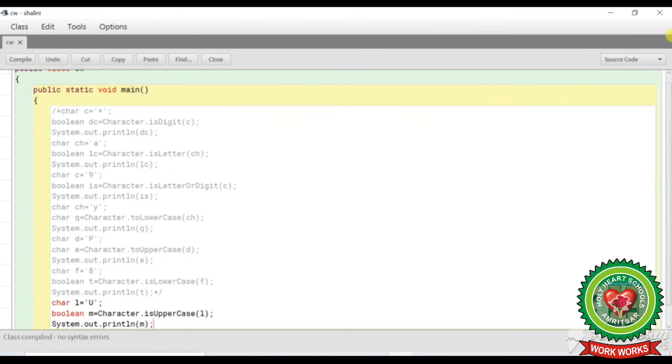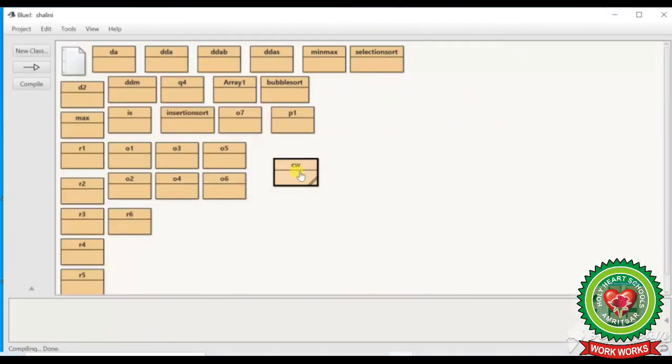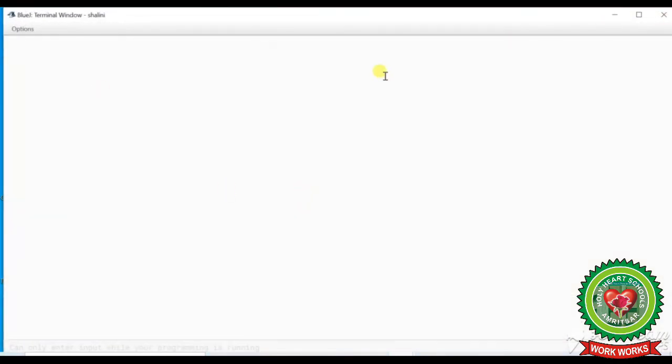Class compiled, minimize it, right click, void main, the answer is true.